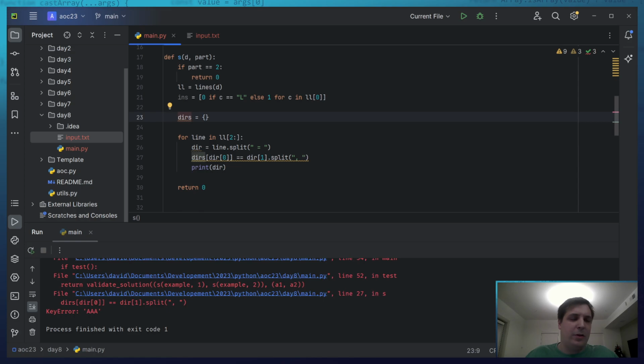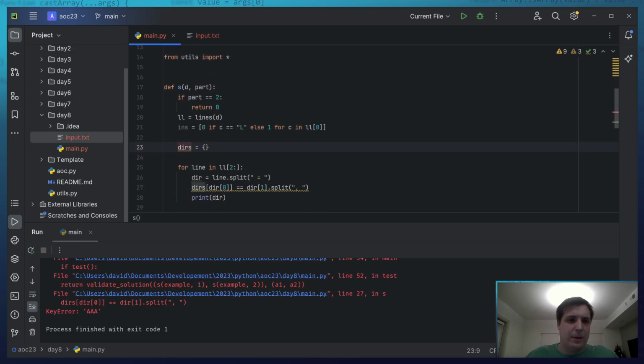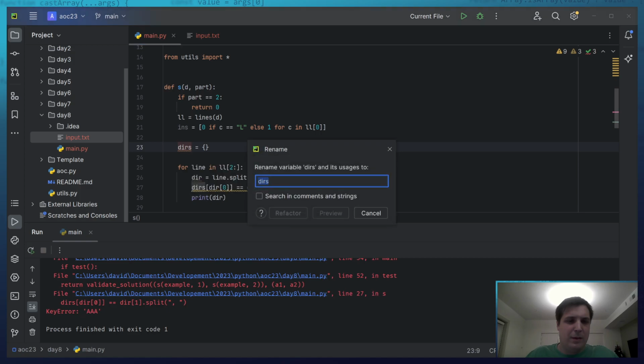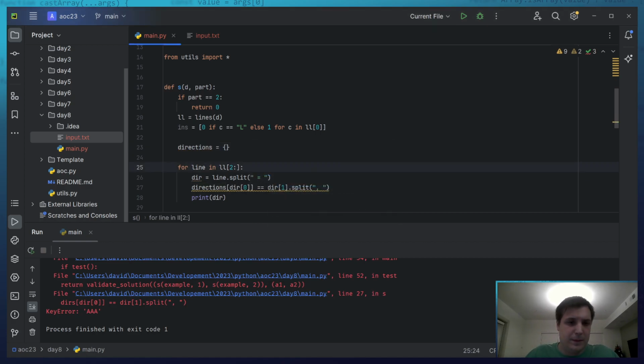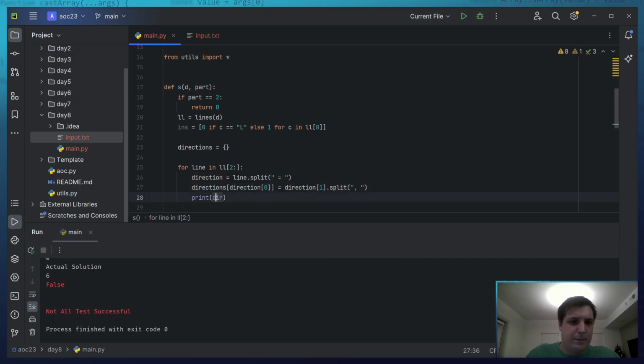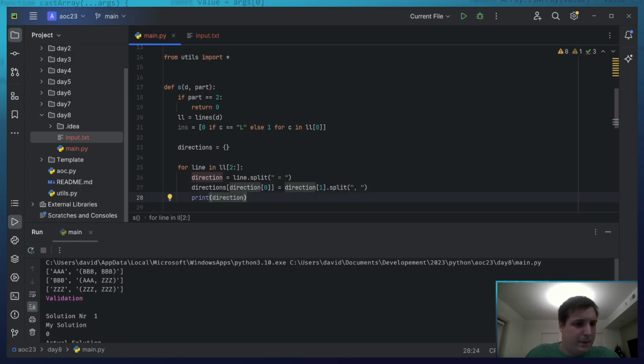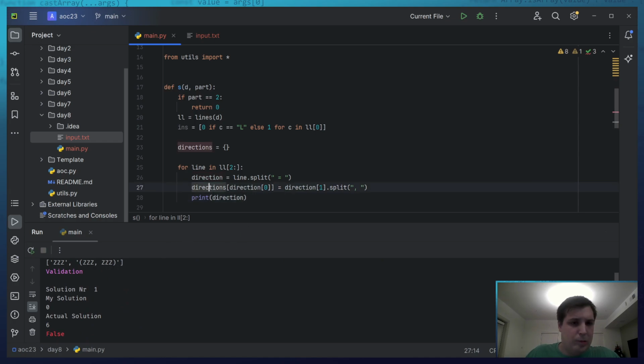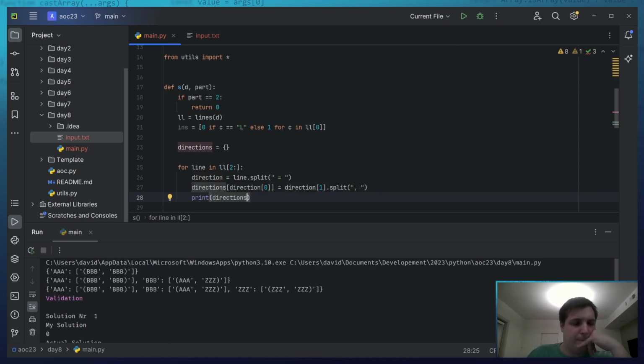I have deers in my utilities function, so it's not happy about this. Rename the element. Directions. Direction. So what's going on right now? Not equal, comma. Yeah, equals, like this. Okay, so we are almost there.